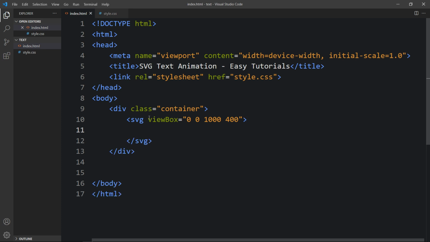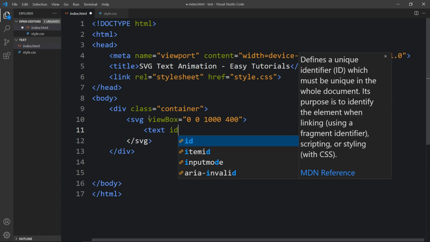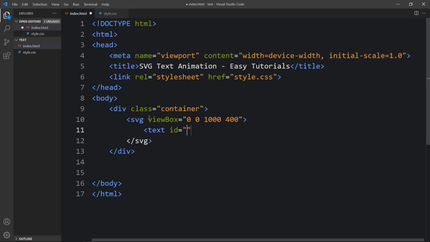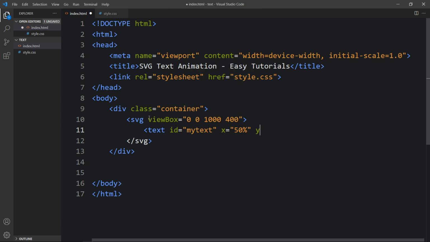Now within this SVG we have to add a text. So we will use the text tag. Let's add any ID. So I will add the ID my text, and here let's add the X 50% and Y also 50%.